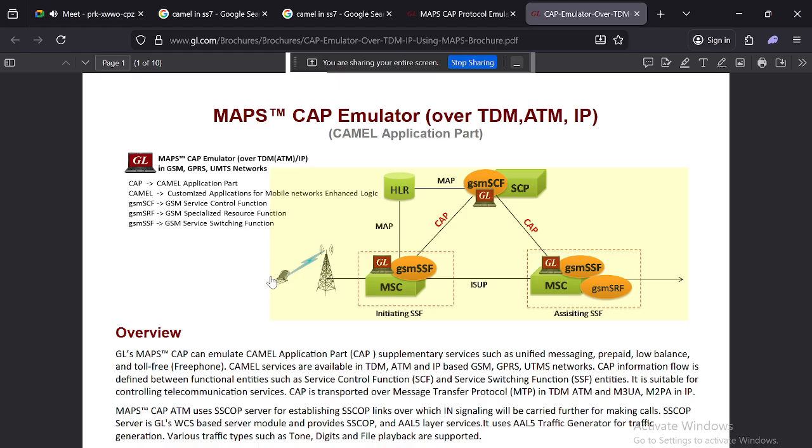And prepaid services also, it enables real-time charging for calls, SMS and GPRS data, like a session, which is critical and functional for prepaid mobile services. And we also discussed the intelligent network architecture, where CAMEL extends the fixed line intelligent network model to a mobile network, with functional entities like GSM service switching functions of MSCs and service control functions residing in the SCPs that communicate over SS7. So